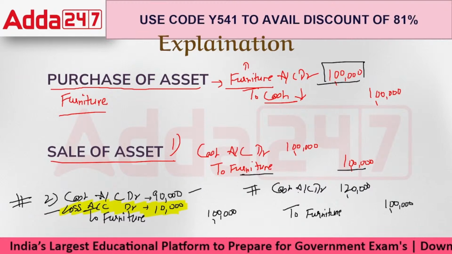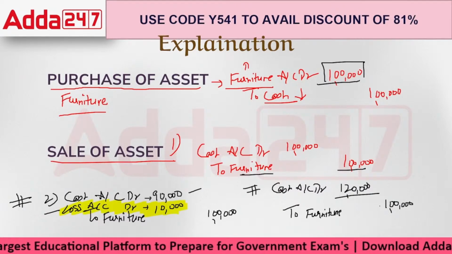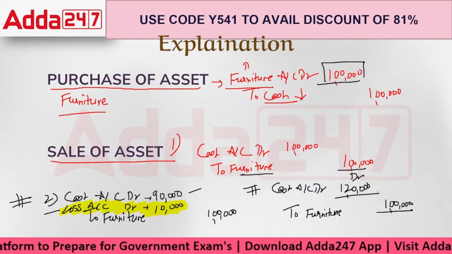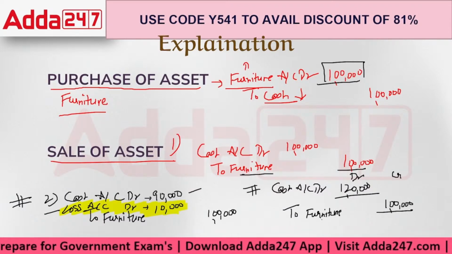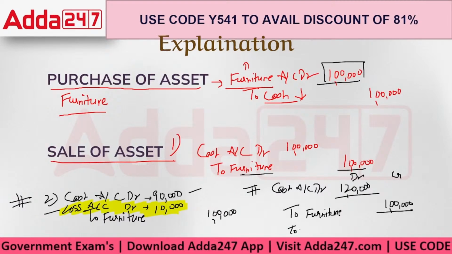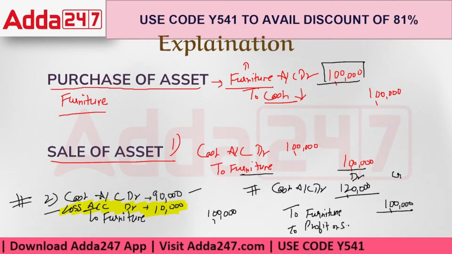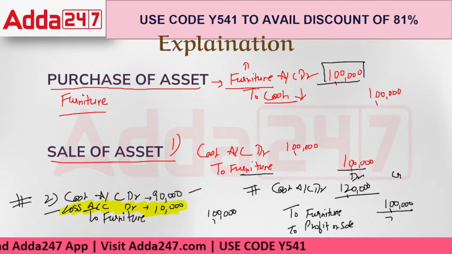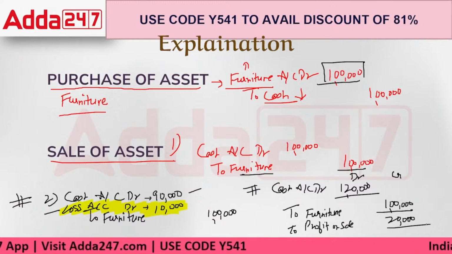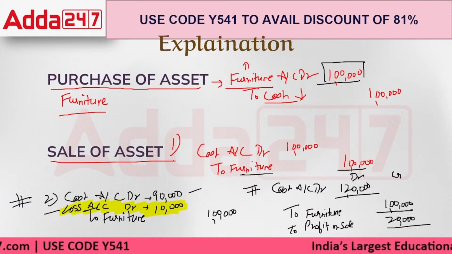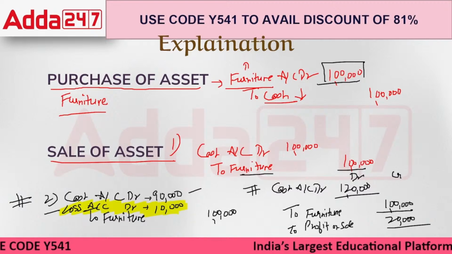So if the furniture costed me 1 lakh, now you can see there's a clear difference here. On the debit side, you have 1 lakh 20. On the credit side, you have 1 lakh. So here it would be profit on sale. The profit on sale was of rupees 20,000. The journal entry would be correct if we look at it this way,